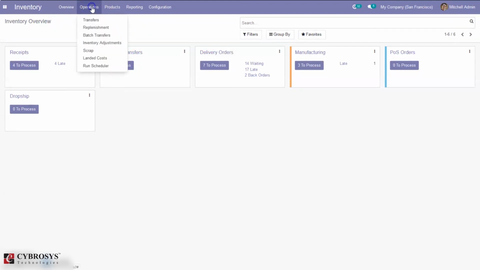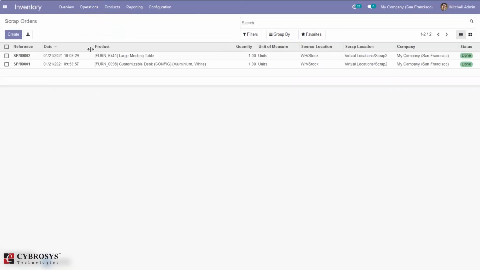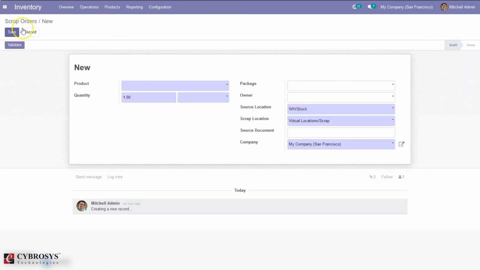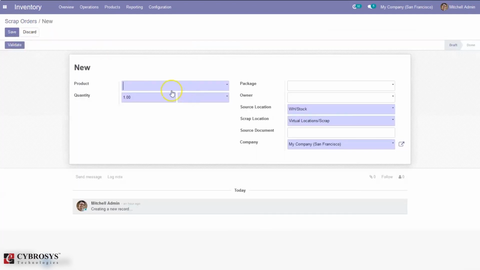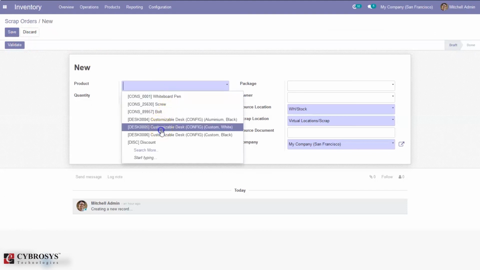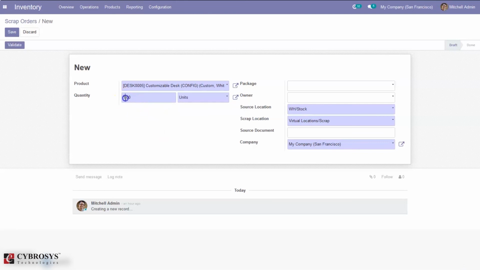We can also create scrap orders manually. Under operations we can see the menu scrap, and here we can directly create a scrap order. We can see the previously created orders added here. When you click create, you can see the page where we can directly move a product to the scrap location.